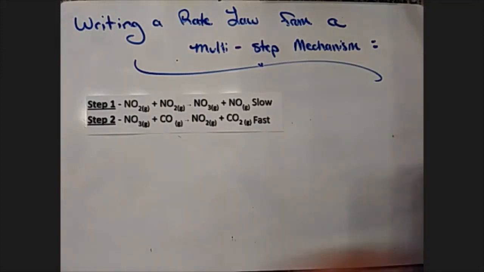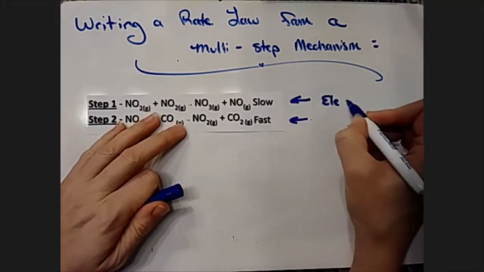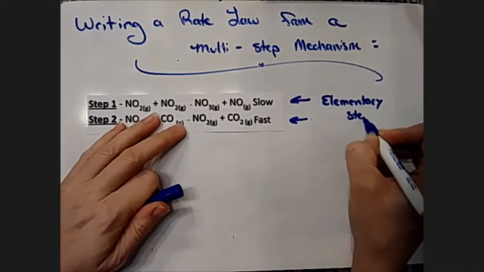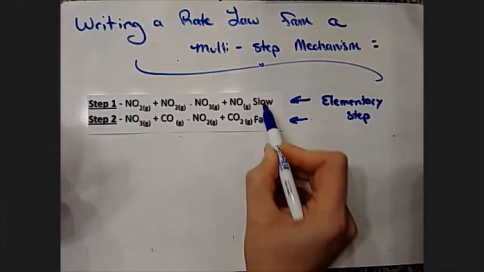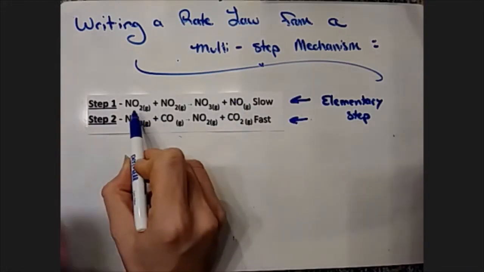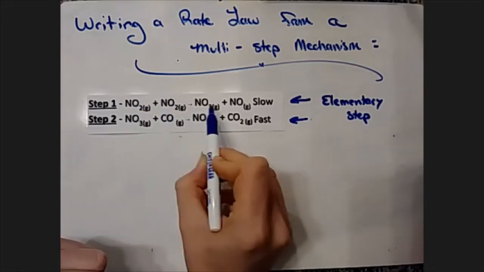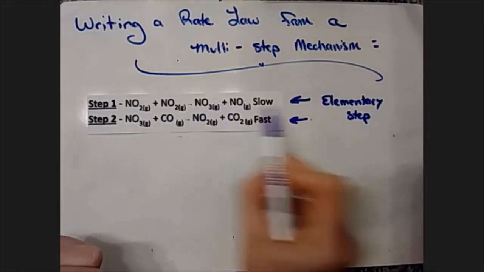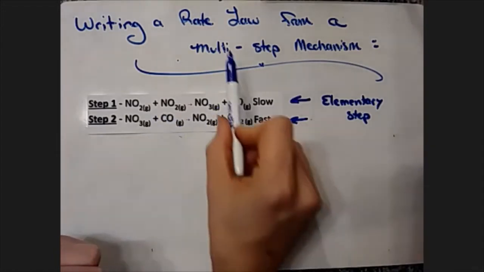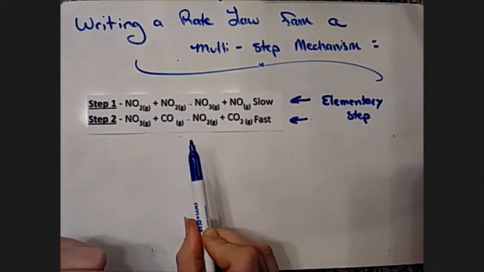Now, just as a reminder, each one of these steps is what we would call an elementary step. In other words, in any one of these steps, the chemistry happens exactly as it's written. So an NO2 plus one other NO2, they quite literally have to collide to make these two products. So again, in an elementary step, the chemistry happens exactly as it's written. So a multi-step mechanism is a series of elementary steps all added up to